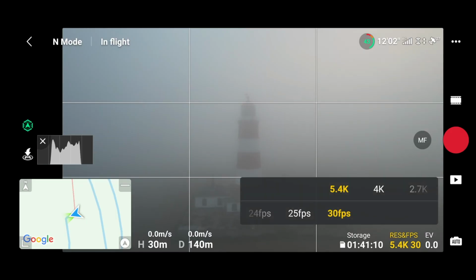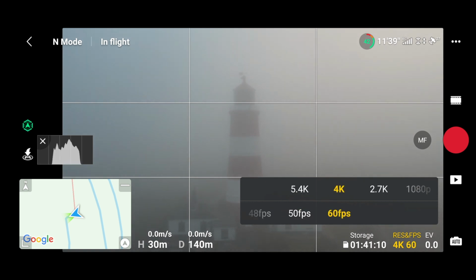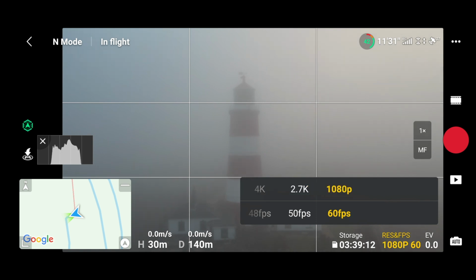The video modes are 5.4K at 30 frames, 25 frames, 24 frames. It has 4K at 24 frames, 25, 30, 48. As we know, it crops in at that, and then 50 and 60 frames a second. It has 2.7K. Is that a waste of time? Yes, it is. And then we go to 1080, which you can have